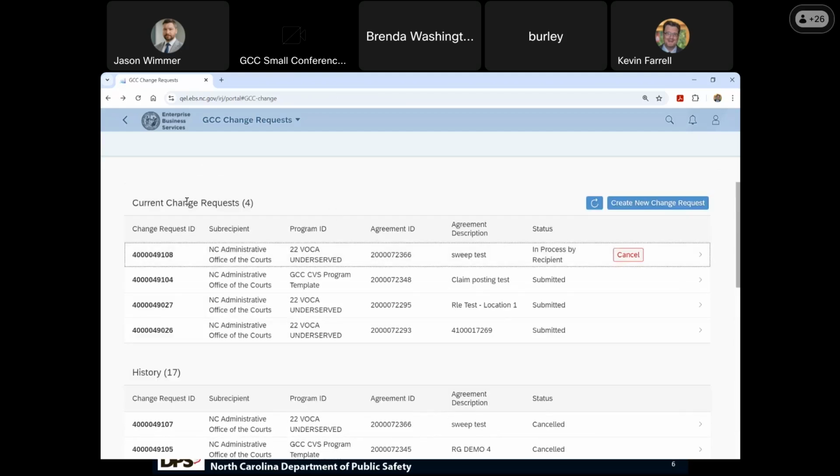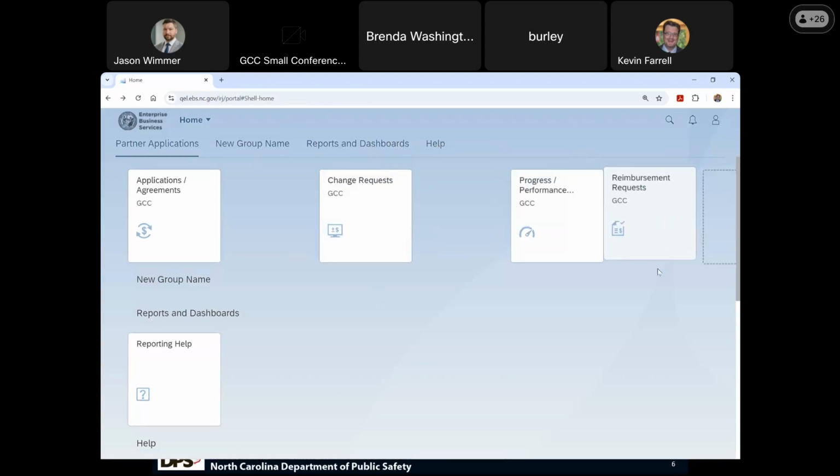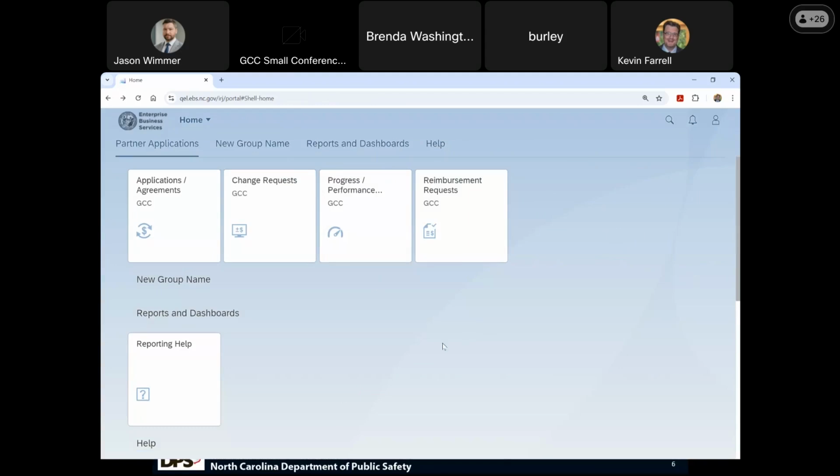So that's change request, where you would go make changes to your agreement. The next one we'll talk about, I'm going to save reimbursements for last. That's probably the one you're most interested in, and I'm standing between you and lunch, so we'll do that one last. But progress performance reporting is what Jason referred to earlier as